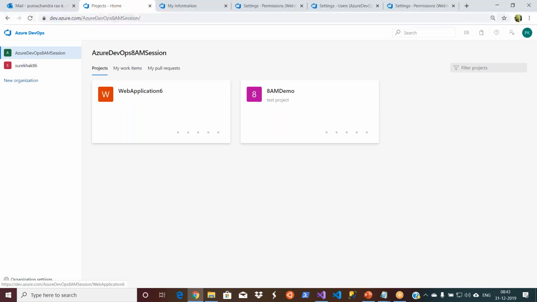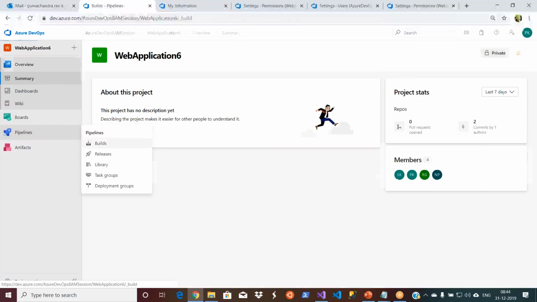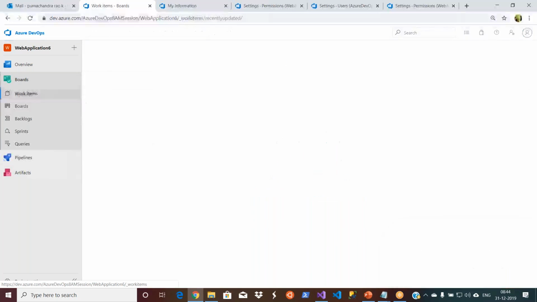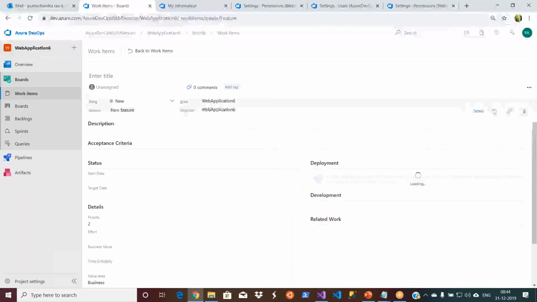Web application. Earlier you see, right, when I landed here itself, I saw a different view, the entire home page, the entire list. Now web application 6. Now let's go and try to create a pipeline, a build pipeline. See, earlier I was getting an option to create a new pipeline. Now I don't see anything. Even if I go to work items anywhere,